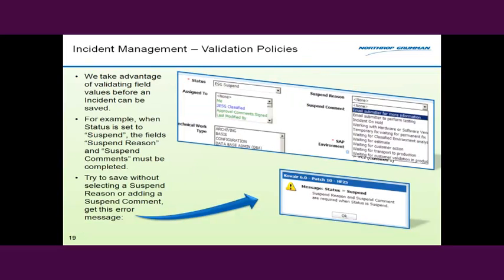Validation policies. We take advantage of making sure certain conditions are met before we save an incident. For example, if someone changes the status to a suspended status, we want to force them to enter a suspend reason and suspend comment. If you're going to suspend an incident, we want to know why. The system will just pop up a message saying, no, you've got to enter a suspend